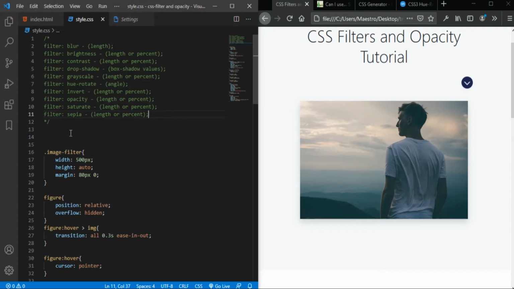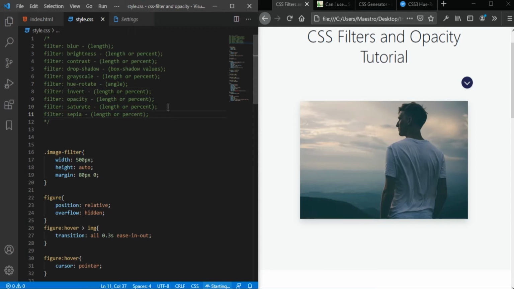So I've made it easier and listed all of the filter values, the filter properties and what they take inside. So for blur you can put in a length. For example, rotate takes in an angle. So let's